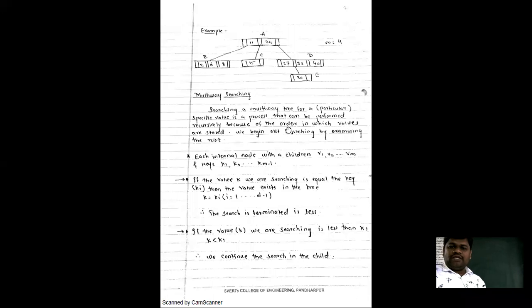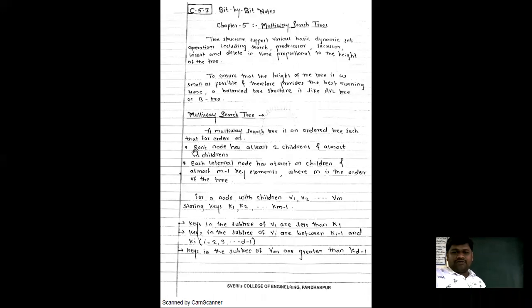Now, when you are drawing any multi-way tree, you first consider that the root node has at least 2 children. So all of you give attention. This tree structure is a little bit different. In the tree structure we discussed in the previous unit, we were considering only one value in a node. Suppose 10. In the binary tree, we are considering only 10, right?